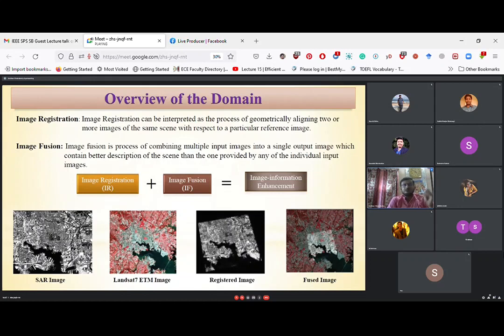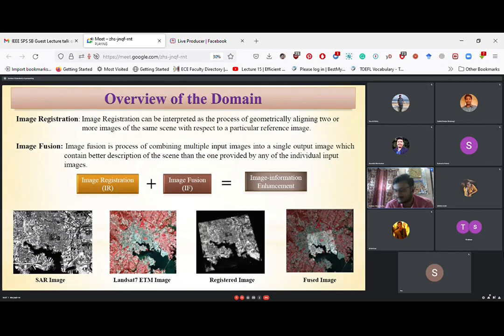So if we want to know the total amount of habitat along with its exact position, the total amount of water body or the exact shape of the water body along with the position it occupies in the whole area. The area occupied by the water body in the whole area can be easily seen by using thematic mapping. But its exact position, or whether an office or house is just beside the water body, can be perceived by using this SAR image. So if we overlap these two images, then we can get two kinds of information easily.